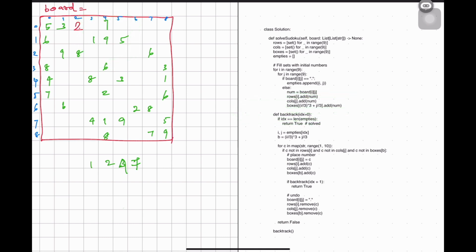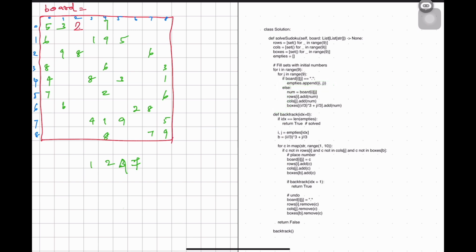So what we are doing now, instead of traversing again in n square, is that we have appended this i j once, the first time itself. When you are traversing, we append the i j which is empty, because there is where you have to fill. So we have appended all the empties into the empties, and the rows, columns and boxes.